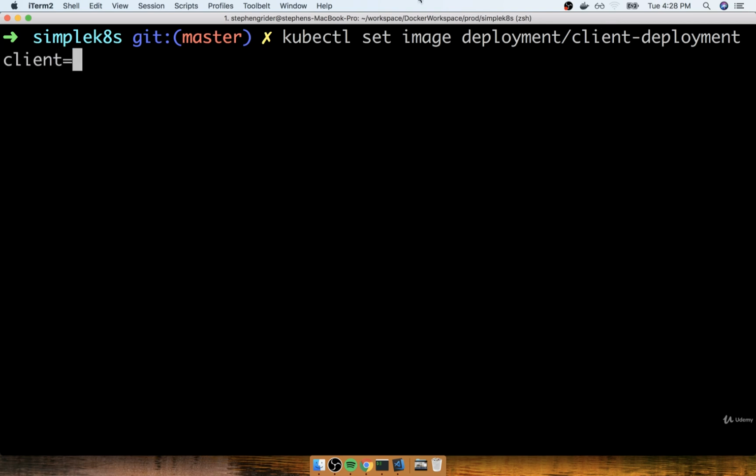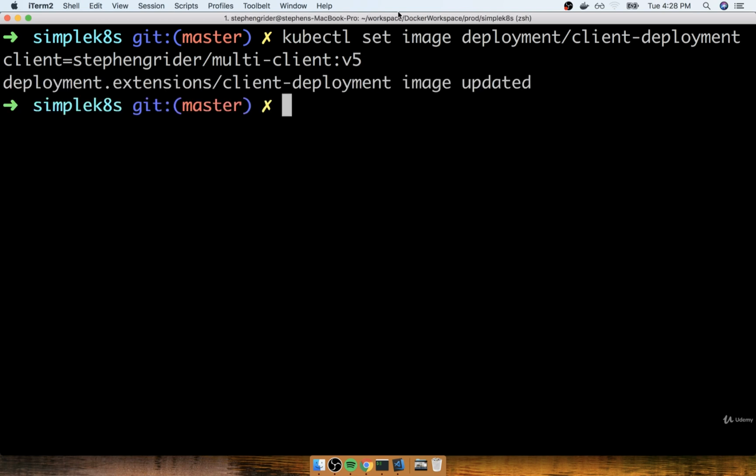And then the update that we're going to make is to say that we now want to use our Docker ID /multi-client. And then the version we want to use is whatever version you just used a second ago when we rebuilt our image. And so for me, it is v5. All right, so that's it. So we're going to run this command, and we get that our image has been